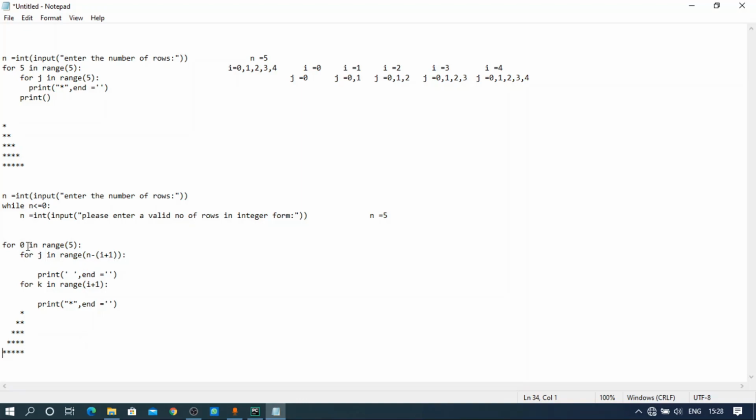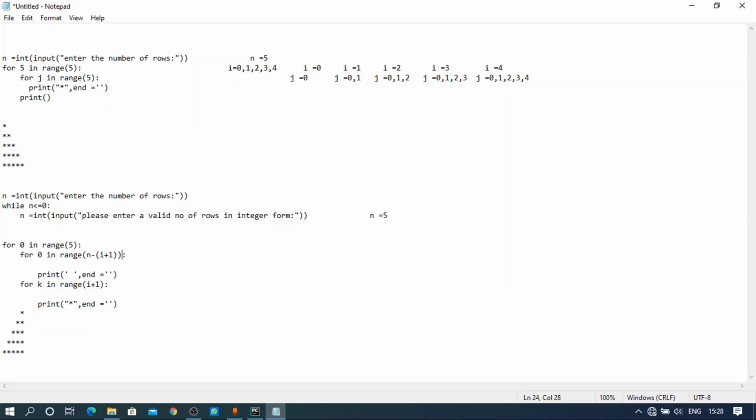Here in the for loop, i starts from 0, right? So we subtract n minus (i plus 1). As i is 0, i plus 1 will be 1, so it represents the first row. n minus 1 becomes the number of spaces for the first row. So j will start at 0.